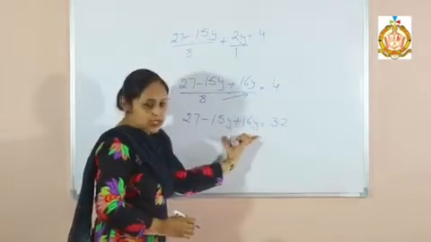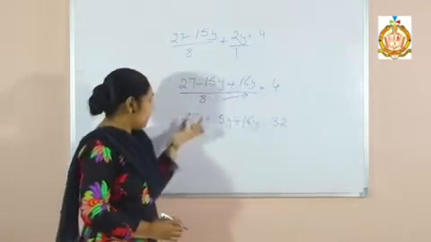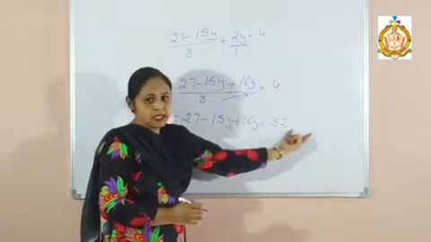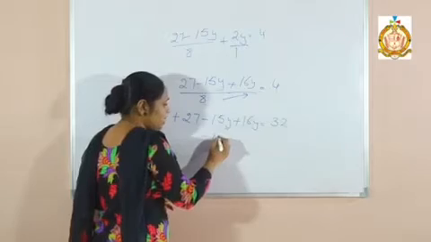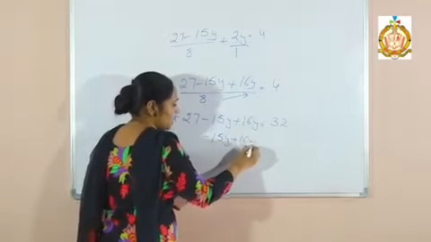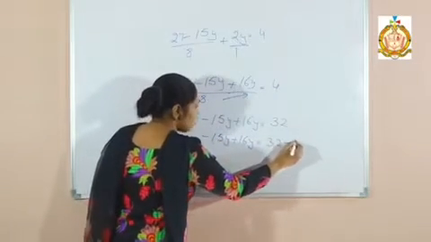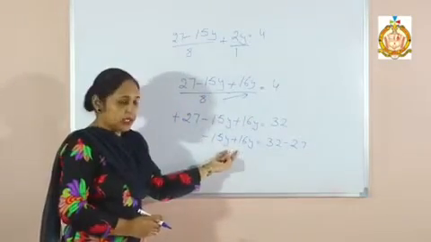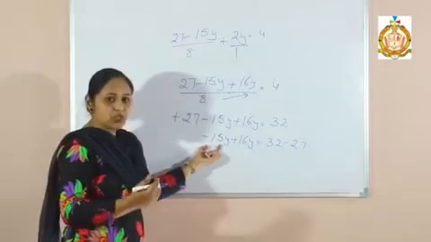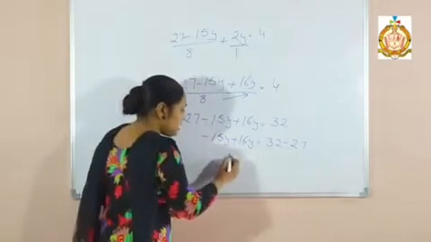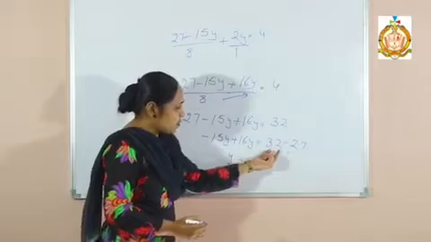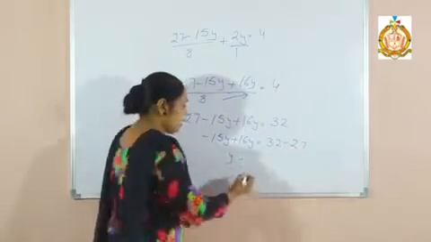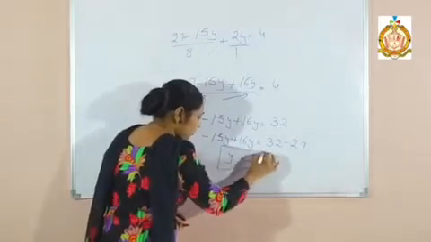Now variables on one side and the constants on the other side. This 27, nothing is there, that means positive is there. Positive, go to that side and subtract. Now there is minus 15y plus 16y equals to 32 minus 27. Now variable with variable, minus and plus become minus. That means 16 minus 15, there is 1y. No need to write 1. That means there is only y equals to. Now this is positive, this is negative. Plus minus, again minus. 32 minus 27, there is 5. That means I have found the value of y.